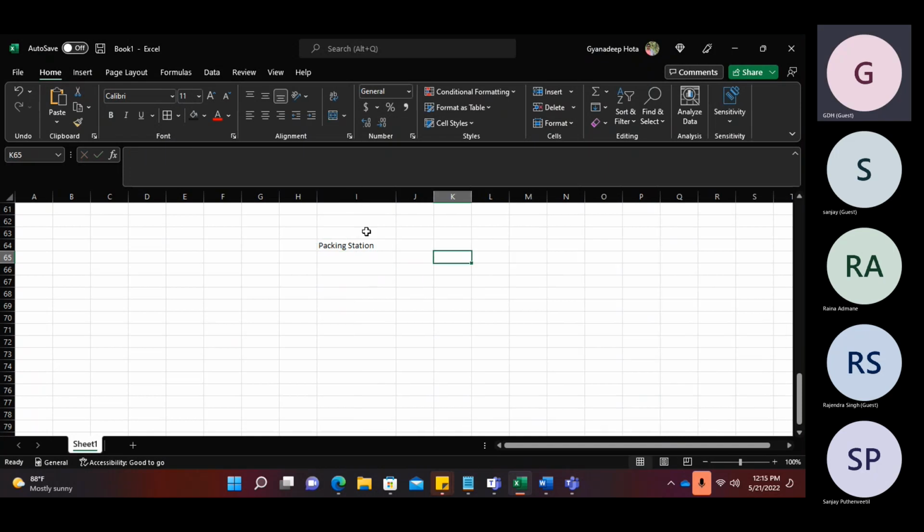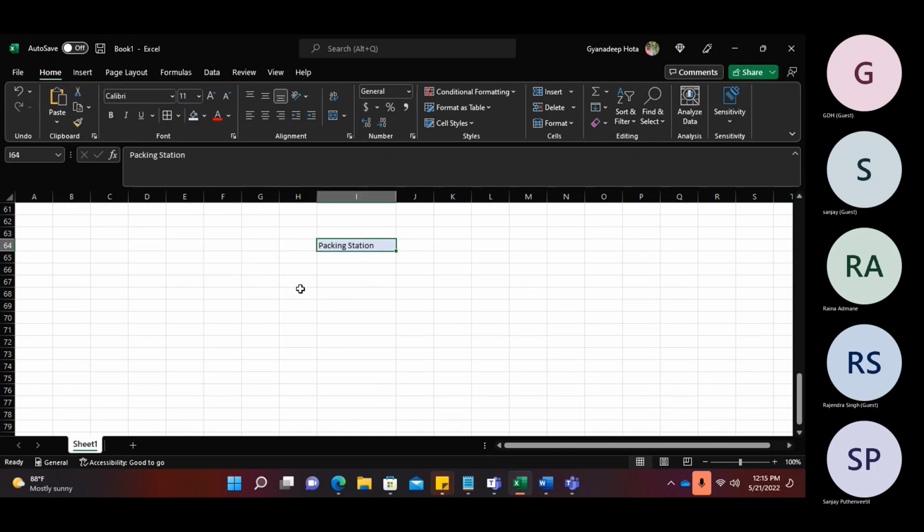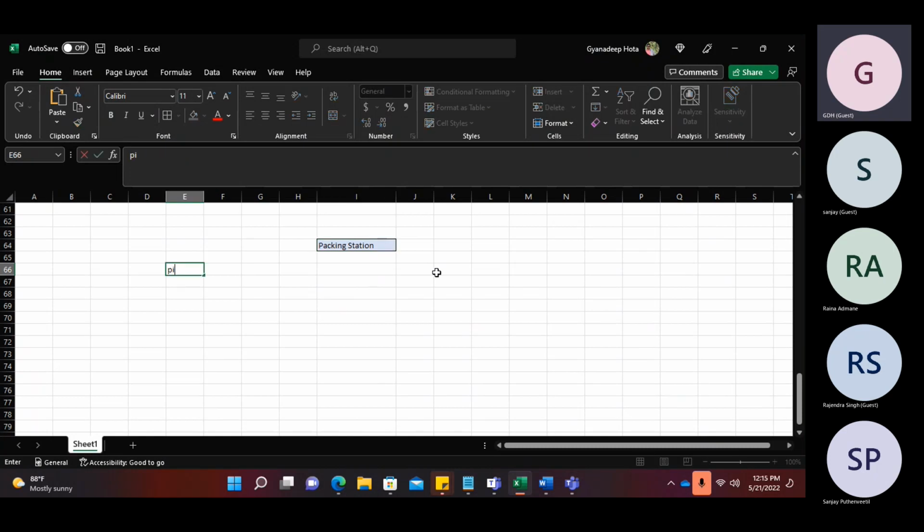Okay, so everything has been done. Sorry. So remember, we have picked singular picking, group picking, then wave picking, piece picking. We have already picked the item. Now, what will we do? Because suppose this is the picking process,